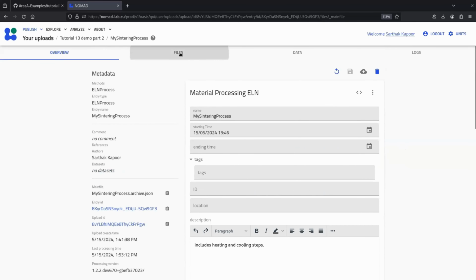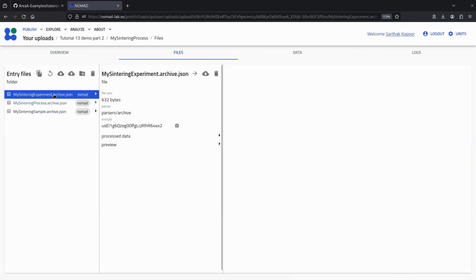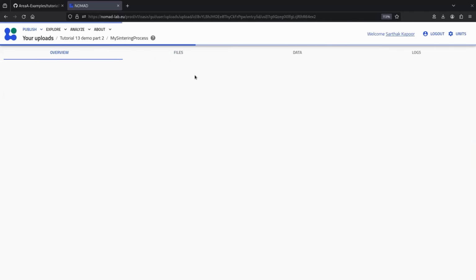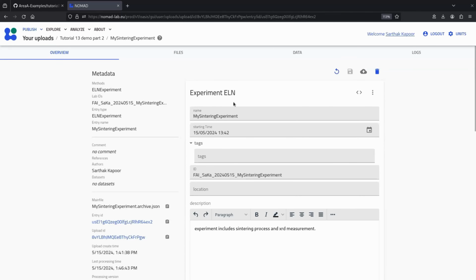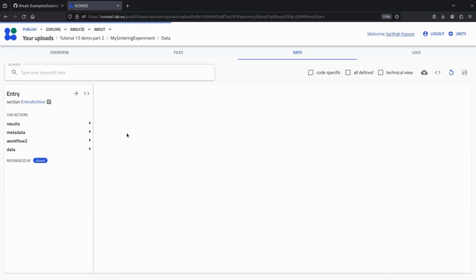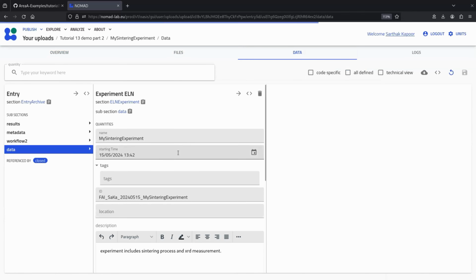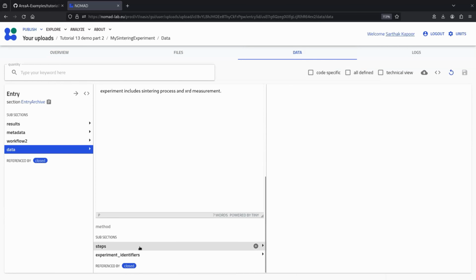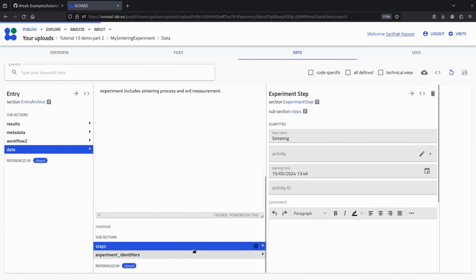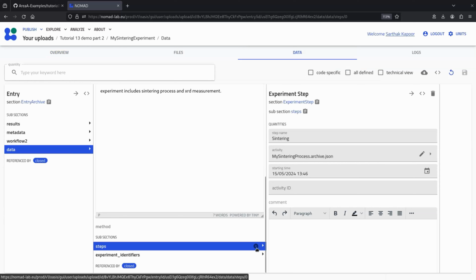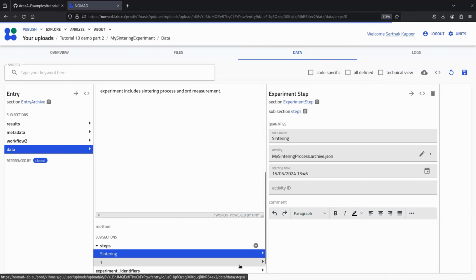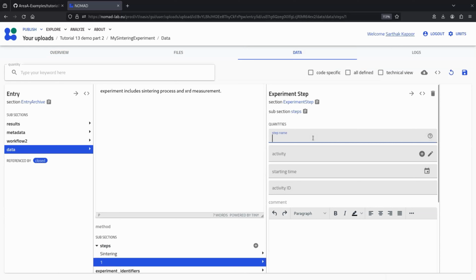But now let's go back into our experiment. So we created our process within the experiment, and let's create another experiment step, which is related to the XRD measurement. So yeah, that's the sintering step. And let's add another step. And we go into the second step here. And let's name this as